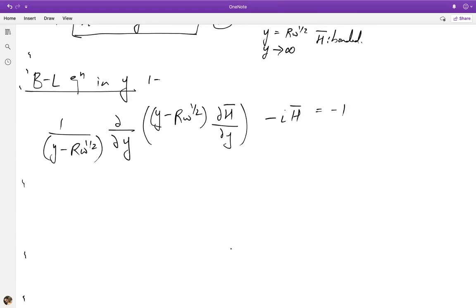Right, so here we have a new equation. Now Rw to the half is a large number, so let's pull it out. So we get 1 by Rw to the half into